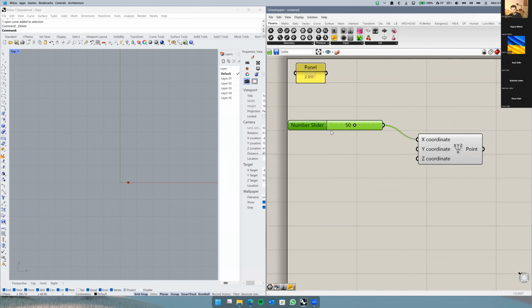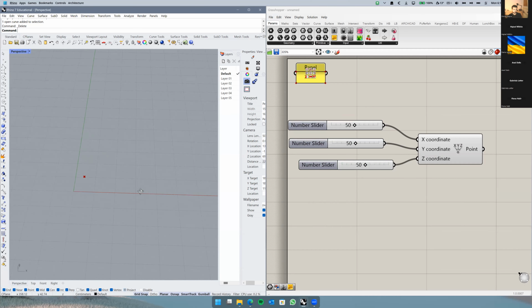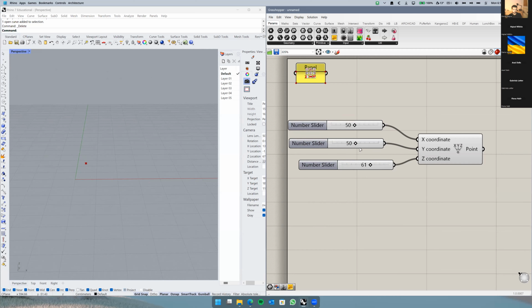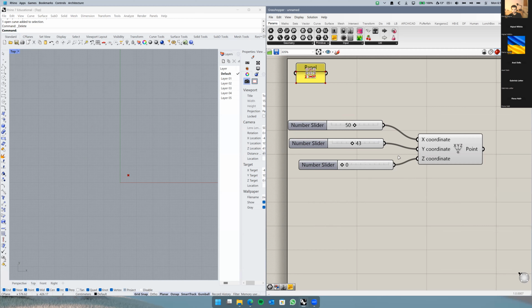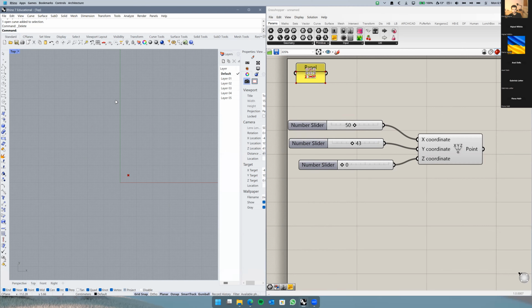And now I want to copy that and paste. You can do that with Control C, Control V, or you can hold it, press Alt, and drag it down. So I hold it with my mouse button, I press Alt, and leave it. So I connect one to X, one to Y, and one to Z. So in 3D, you can see I have a floating point right now, and I can change where it is however I want. Right now, I want to make the Z coordinate 0, so it lays on the XY plane,